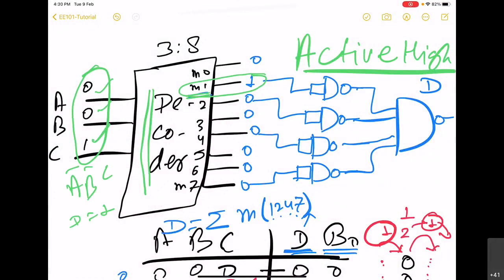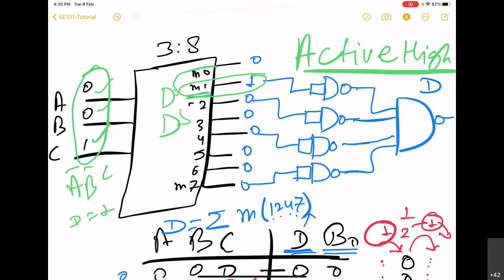So the default value is 0. Only when a specific output becomes active is its value going to be high. If you see the internal circuitry of this decoder, there will be AND gates, and each of these outputs is basically the output of an AND gate. This is what happens in the normal decoder.